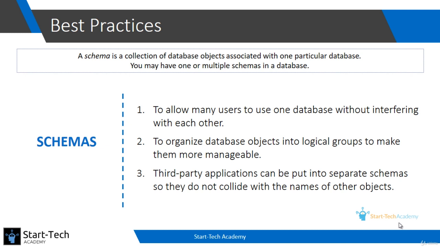Generally, to refer to a table in a particular schema, you have to write the schema name, then put a dot and then the table name. Till now, we were creating all our tables in the public schema. For the public schema, you don't have to write anything before the table name. You can also write public dot table name. That will also work, but it is not necessary. But to access any table or any other object from a particular schema other than public, you have to write that schema name, then dot, and then the table name.